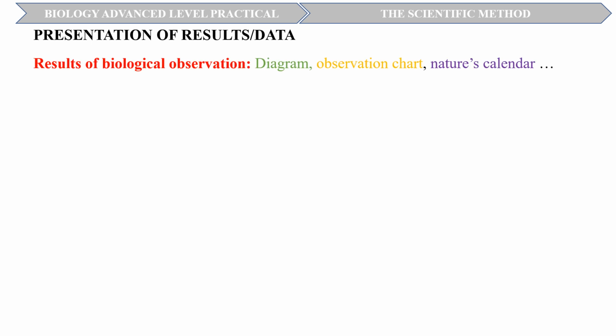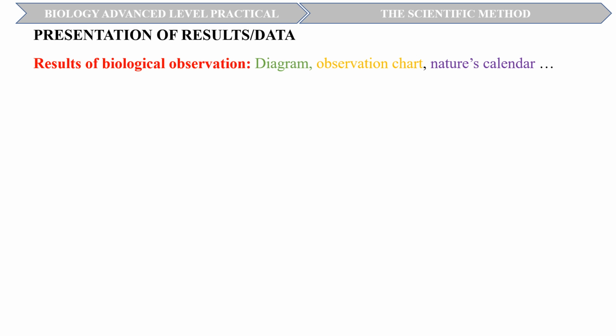We are going to continue with the presentation of results of a scientific study. A scientific study can provide diverse information that need to be presented in a report. Results of descriptive studies, that is, the biological observation of nature, can be presented using symbols, diagrams, observation charts, nature's calendar, among others. However, we are going to dwell only on biological diagrams, understanding of which is crucial to succeeding